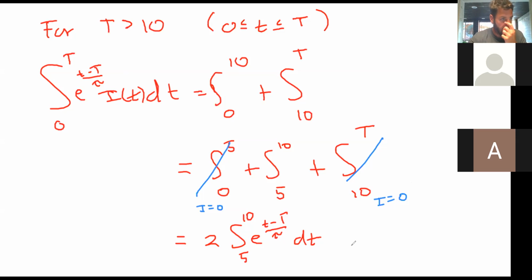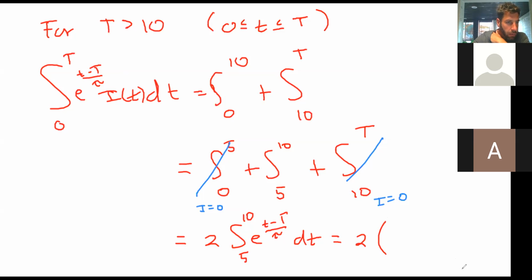Okay, once again, think about how you might integrate this. There's a couple ways you could do it. You could do what I did in the previous one, where I separated the exponentials, integrated, and then put them back together. What you're going to find is this is equal to 2 times